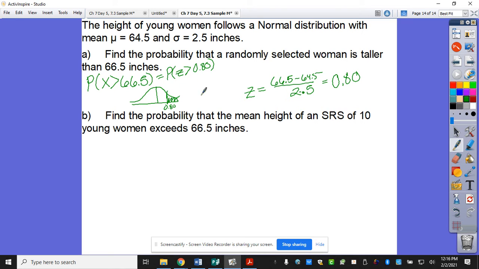Then draw and shade it. Shade to the right. What is my area for a z of 0.80? And I want to do what with that? For an answer of